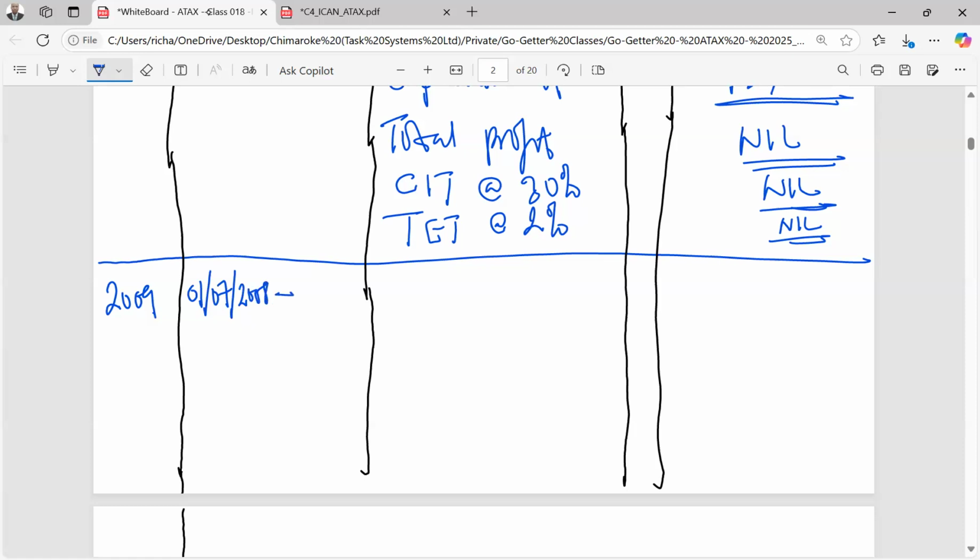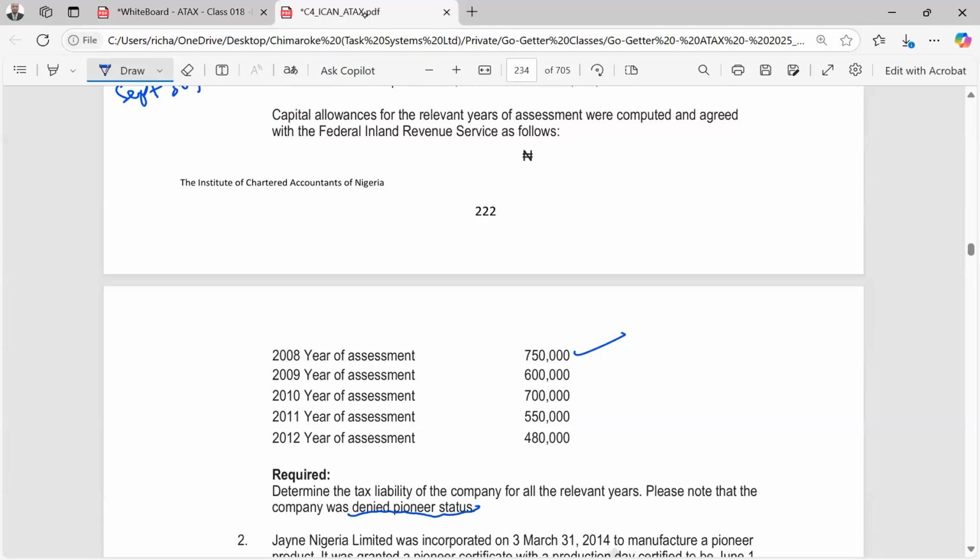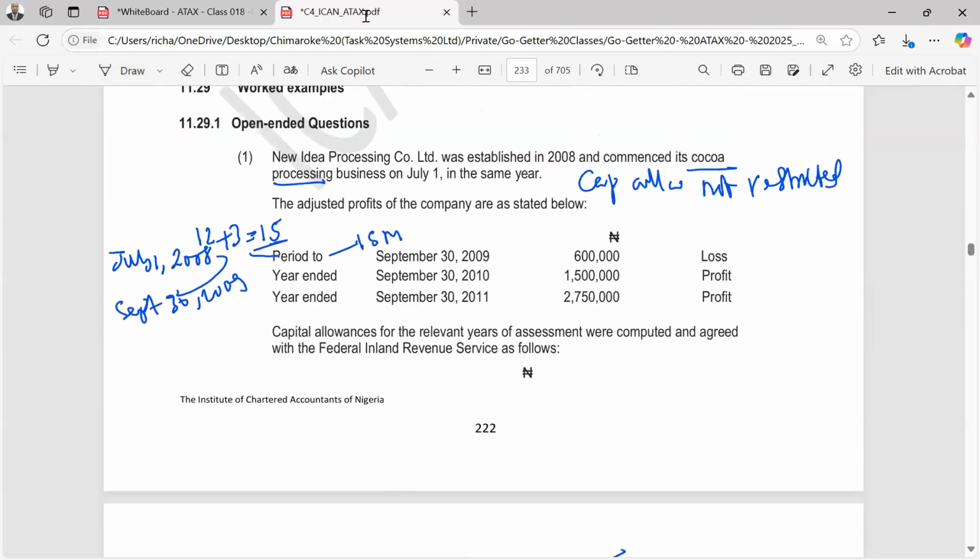And we are going to take 12 full months. So it means the second year, we are considering the first 12 months in business. So this is going to be ending here in 30th June 2009. Now, going by what we have here, we have September 2009 ending. So we're supposed to be taking the